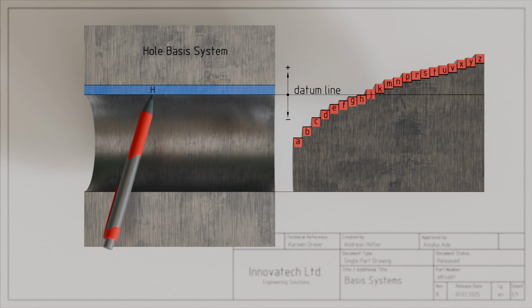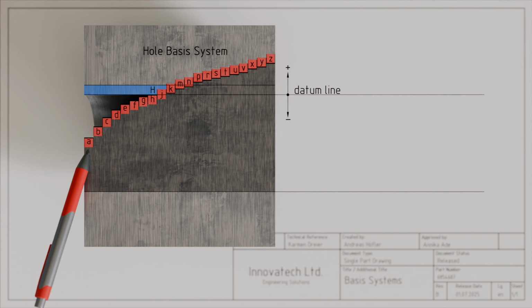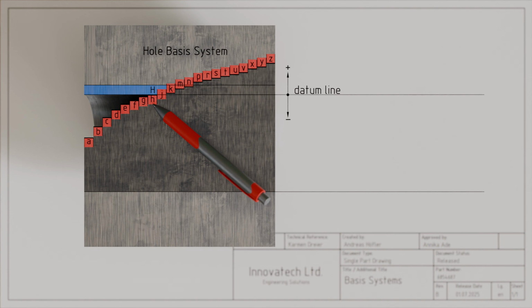Depending on whether a clearance fit, an interference fit, or a transition fit is to be produced with a mating shaft, the fundamental deviation of the shaft is chosen accordingly. We see that in the hole basis system the fundamental deviations of the shaft between A and H lie completely below the tolerance zone H of the bore. In the hole basis system, therefore, the fundamental deviations of the shaft in the range between A and H lead